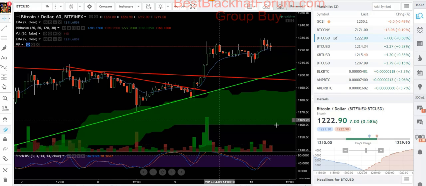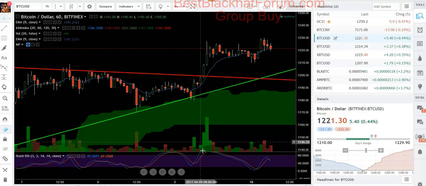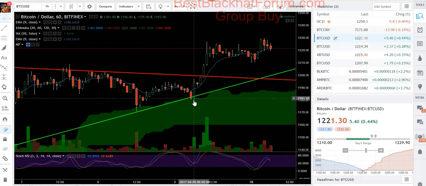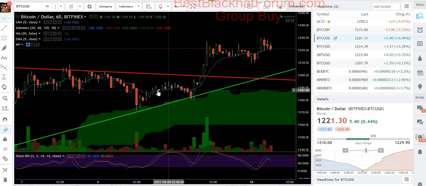But since I see a couple confluent factors here, one, we bounced right here on the cloud and we broke this little mini corrective downtrend. So that red line, now gone. We broke that with pretty good volume here too. So now we broke that little mini corrective downtrend and we bounced pretty hard off the cloud here with a nice amount of volume, with a 1 hour stochastic RSI crossover as well, right here. So we have a couple factors here that told me to send a signal out on that trade,